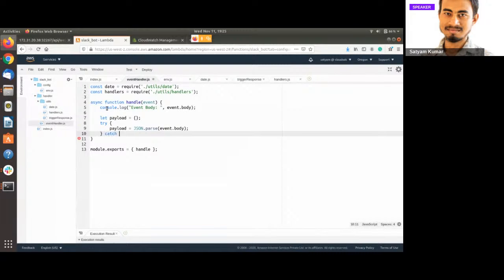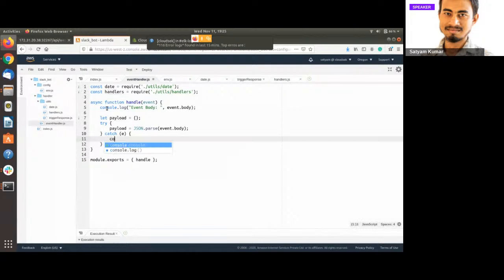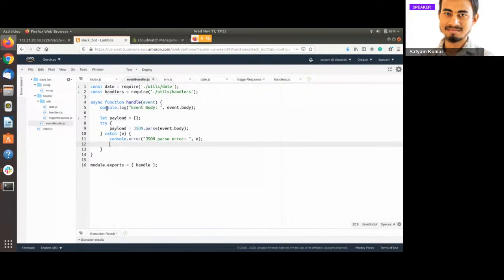If there is any error, we need to catch it. So we are just logging the error, if somehow there is some error in the JSON parsing. And we will need to return accordingly.